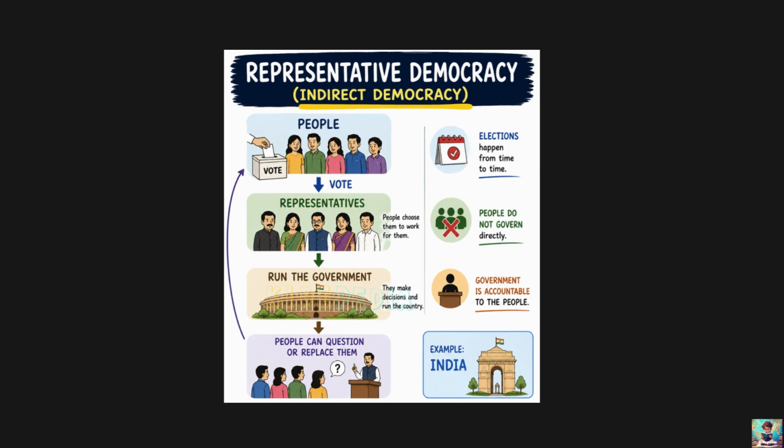Imagine a very large country. It is not practical for every citizen to sit together and make every government decision. So what do people do? They choose representatives through elections. These representatives make decisions and govern on behalf of the people. That is called representative democracy. People do not directly run the government. They elect people to represent them. Elections are held from time to time and the government is answerable to the people, and India is an example